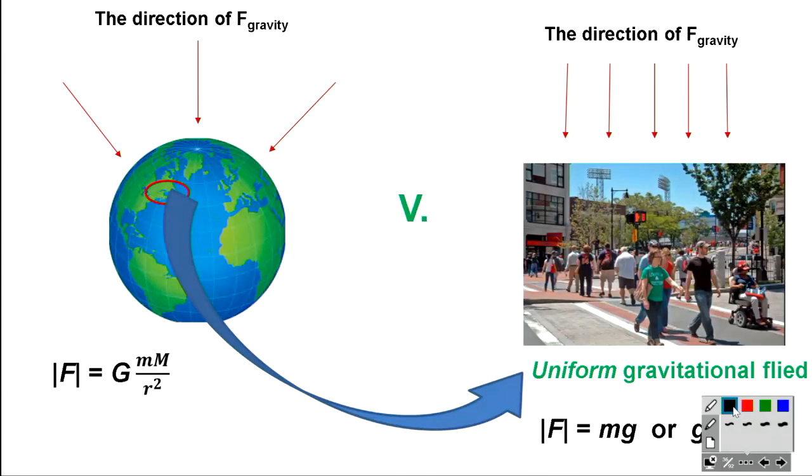It's the same force. Why is it possible? Because when we are very close to the surface of a large body, all those arrows now have practically the same direction. And if it's the same direction, we call it a uniform field. So if a uniform gravitational field gives a force which is equal to mass, which is gravitational charge, times gravity, which is the gravitational field, we can make an assumption that